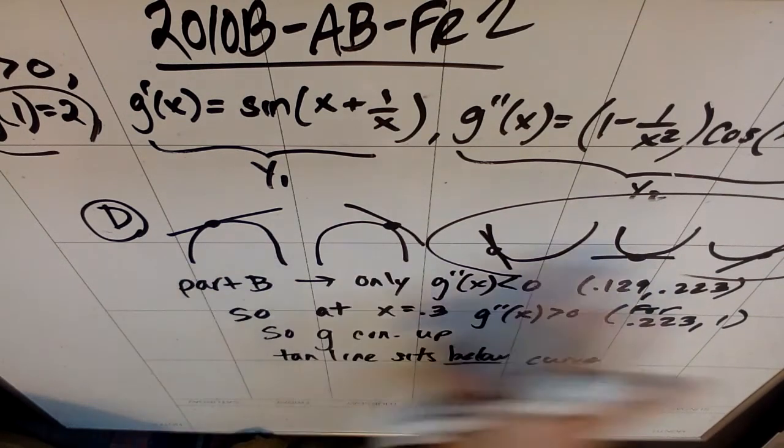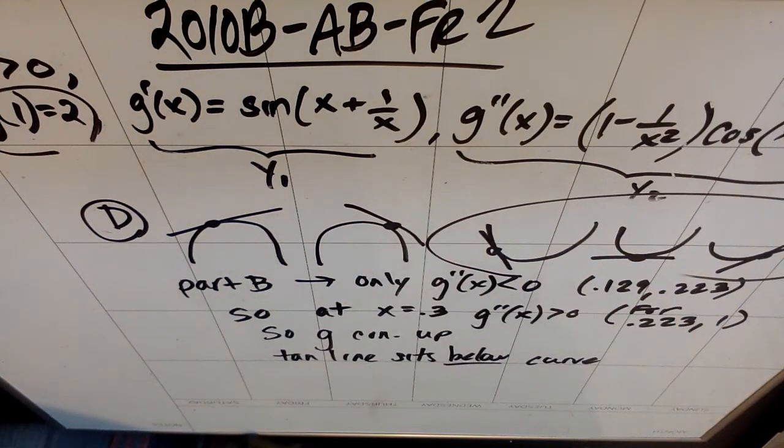And again, you don't have to have this memorized. You just need to be able to draw a concave up and concave down curve and look and see where the tangent line would sit. So the answer is below, and it was